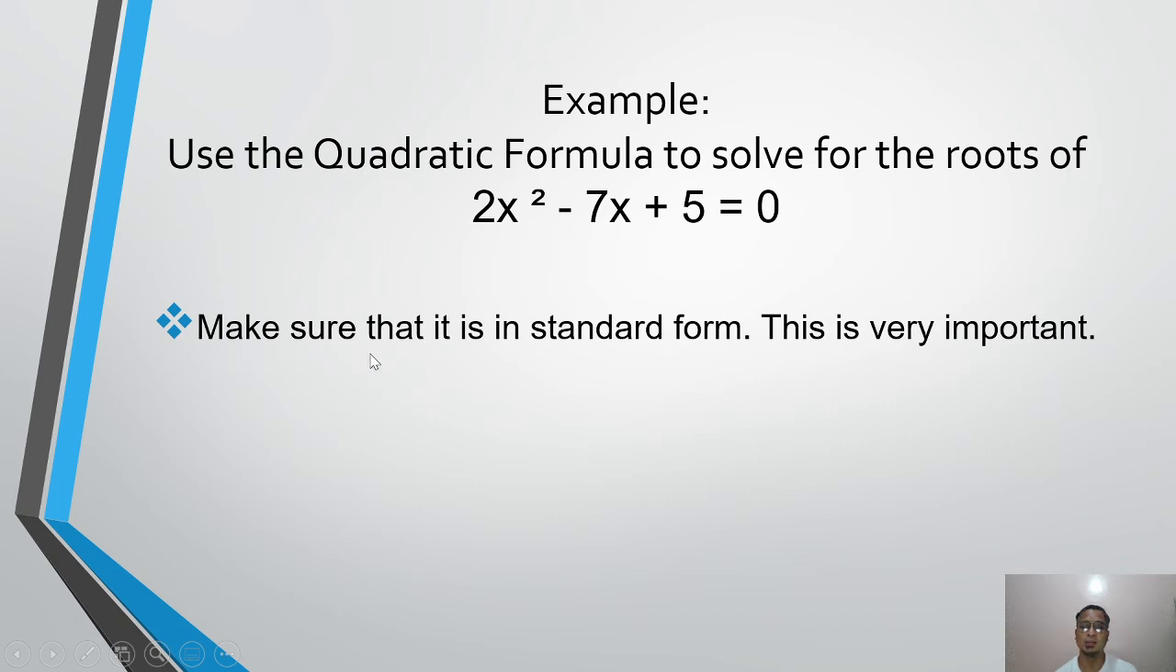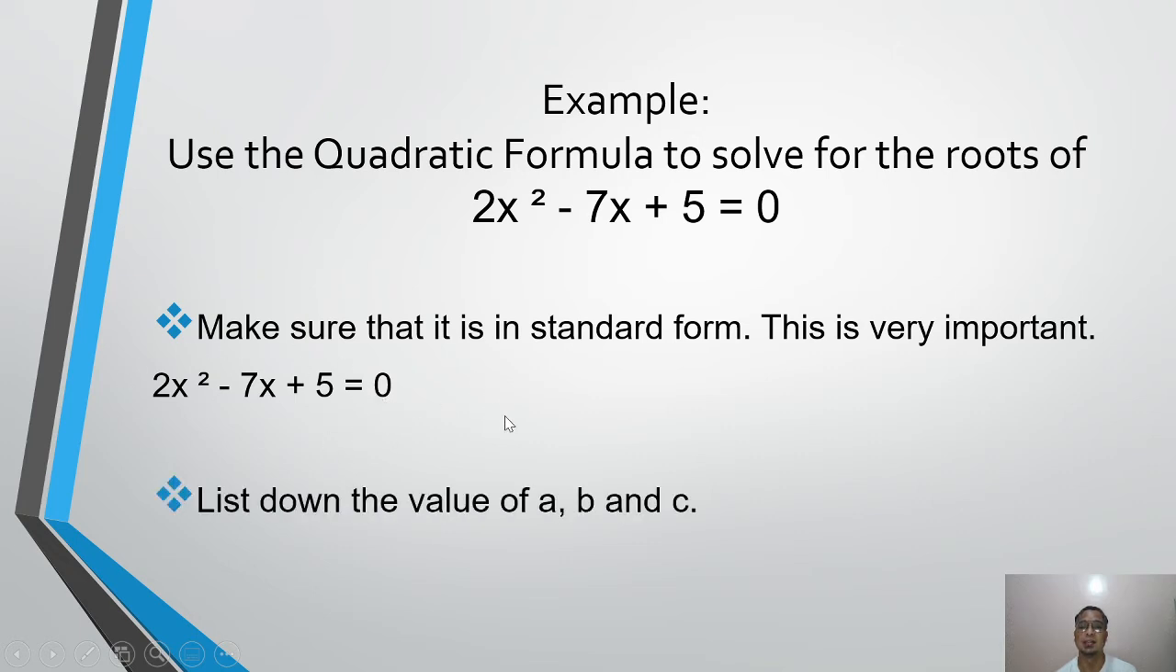So yung una, make sure that it is in the standard form. This is very important. So kung naalala nyo, ax squared plus bx plus c is equal to 0. Tingnan natin. So, ayan. Ito yung ax squared plus negative 7x. So, may plus talaga tayo dyan, ha? Plus 5 equals 0. So, ito yun. Na-standard na siya. Okay? Which means equated siya sa 0,